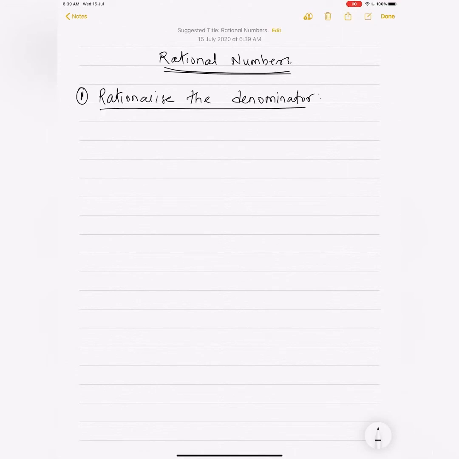Like say for example, if I tell you it is 2 root 3 upon root 5, you can see we've got a root 3 in the numerator and denominator, but we have to rationalize only the denominator, meaning I do not want a root term in the denominator. So what should you do? You multiply with the same root term again. See what happens now. What will be root 3 into root 5? Root of 15. And what will be root 5 into root 5? Root of 25, which is equal to 5. So now we don't have any root in the denominator.